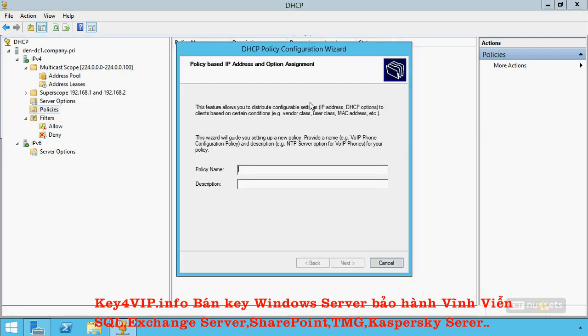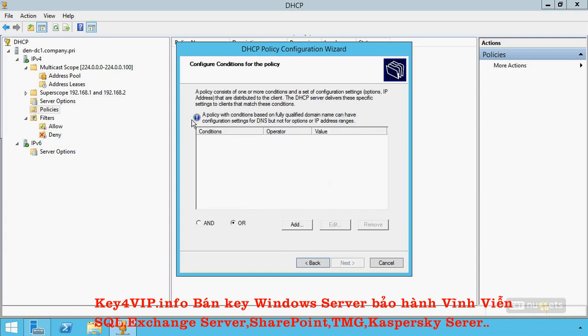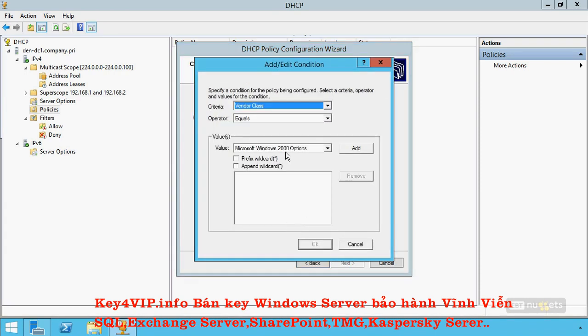These new policies are defined to give you just a little tiny bit more granular control over the incoming clients, the requesting clients that need an address, and what kinds of configurations you might give them. So if we create just a test policy here, where this thing gets used is based off of a series of conditions that you may configure here. And you don't see this get implemented too often, because more often than not, it's the network location of the